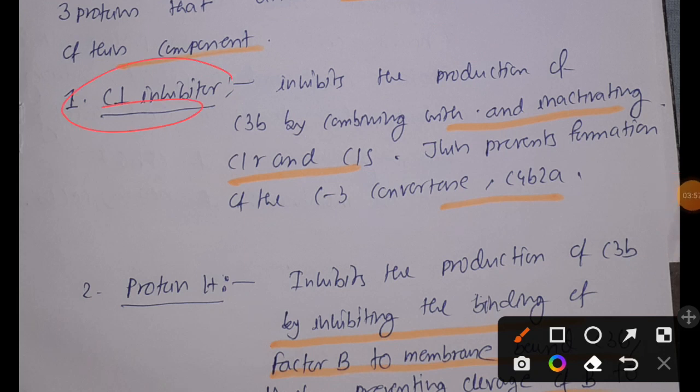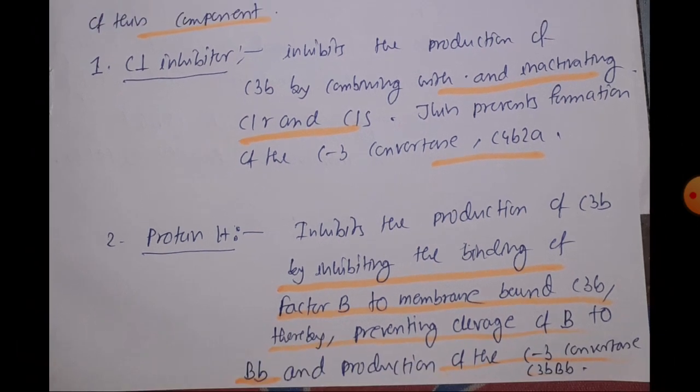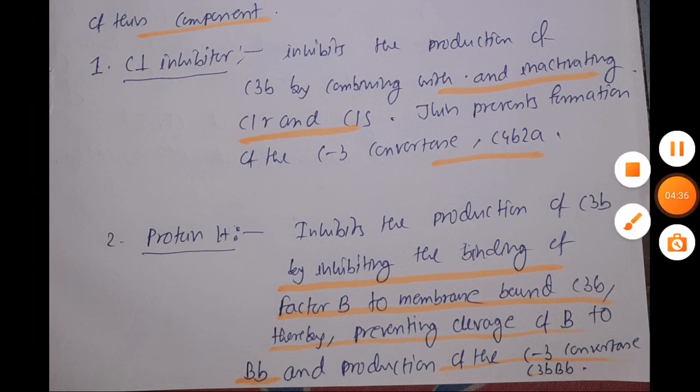Okay, so the first type of protein is C1 inhibitor. This C1 inhibitor is going to bind to inactive C1r and C1s. Remember, in the classical complement pathway we discussed that C1r and C1s are serine proteases. Without the presence of C1r and C1s, the C4 and C2 components cannot be activated, and as a result C3 convertase cannot be formed. And if C3 convertase cannot be formed, C3b cannot be produced. That is how C1 inhibitor works. So if you have not watched the video on the classical complement pathway, I recommend you please go and watch that video.